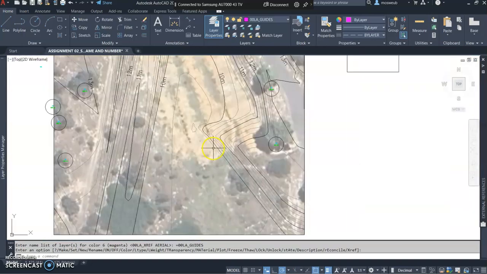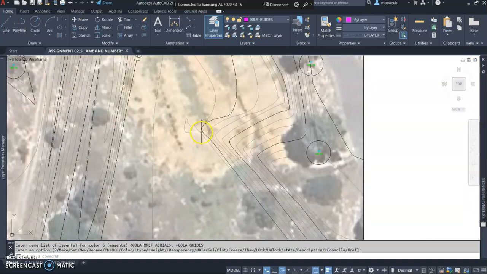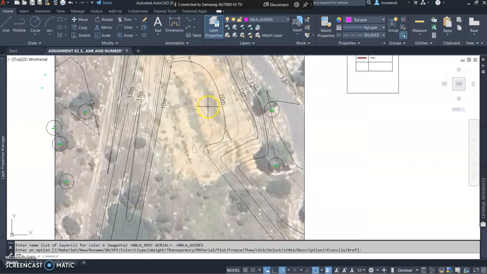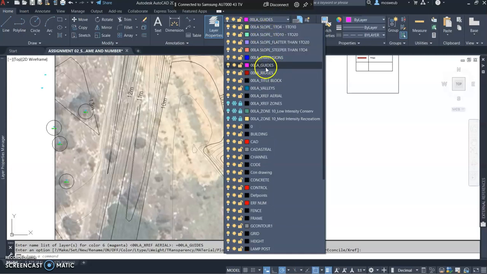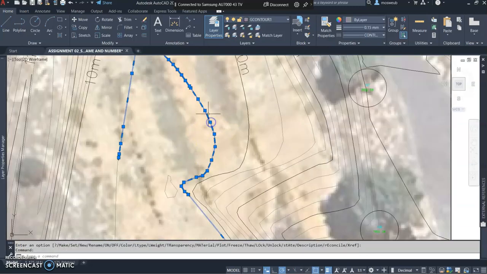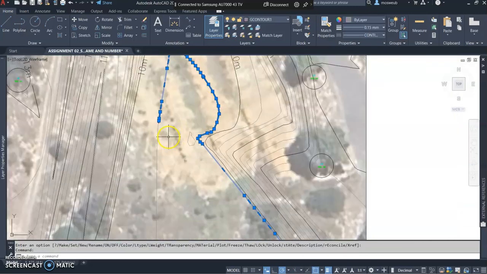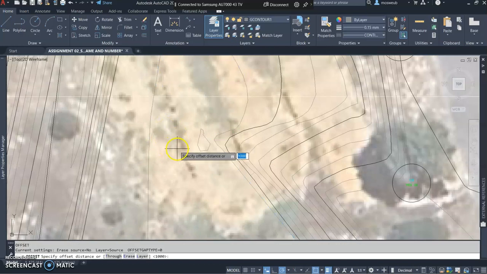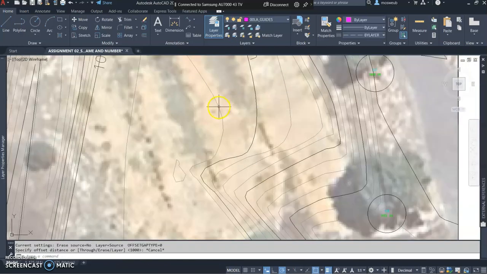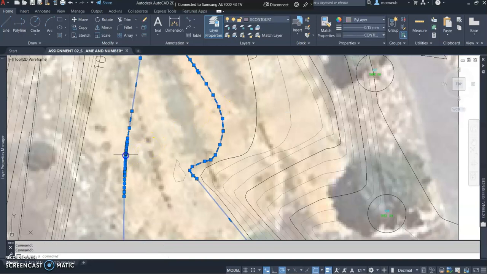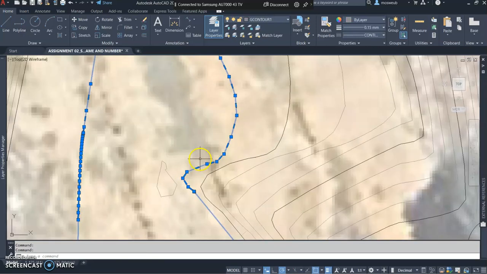So starting with your lowest contour, you can from there work your way up. What I suggest you do is to have your layer called guides, and then just activate that particular layer, and then you can just start offsetting your contour lines, starting with the lowest category. So any area steeper than 1 in 4 would be